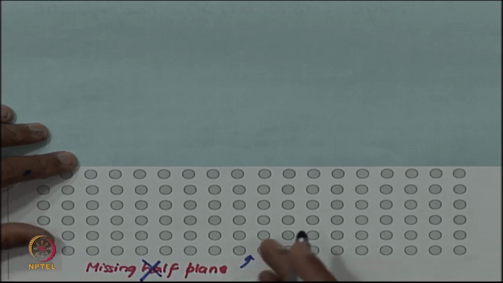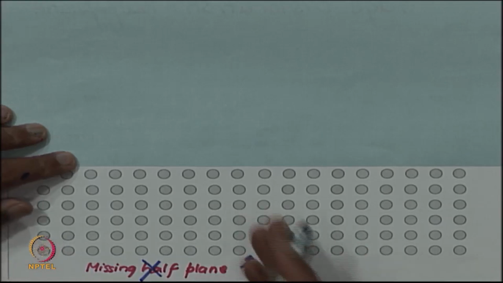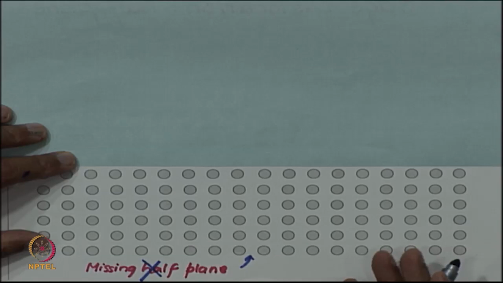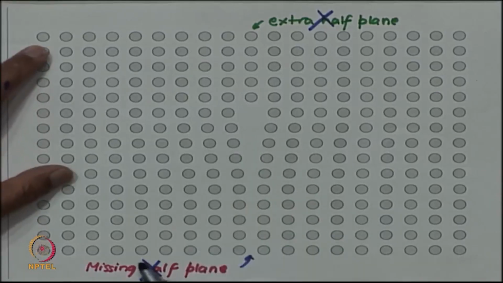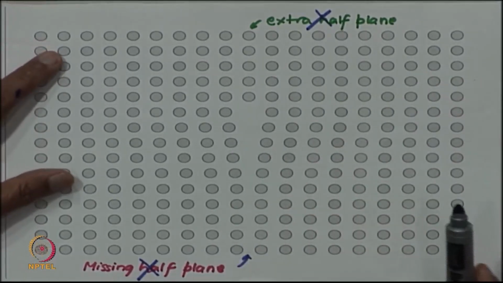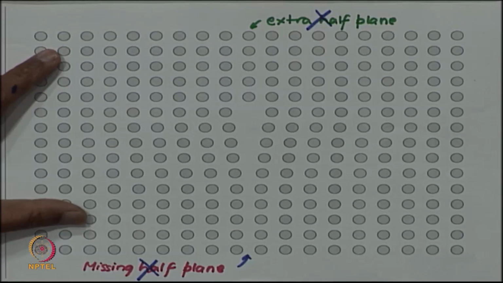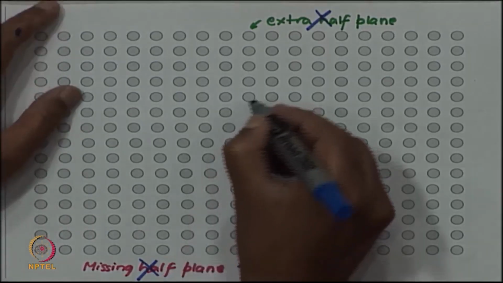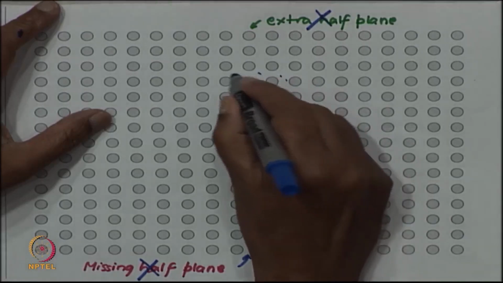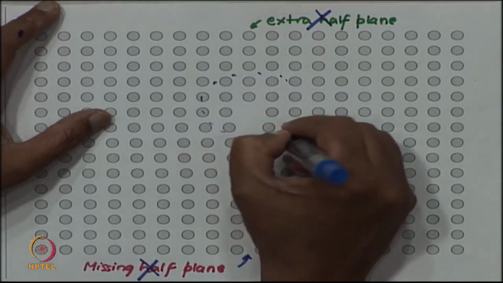In fact, if I think that there is something missing and I try to insert more atoms there, that will be a defect, otherwise there is no defect there. So, this entire half plane, either the missing half plane or extra half plane, is not the defect. The defect is concentrated only close to this region,